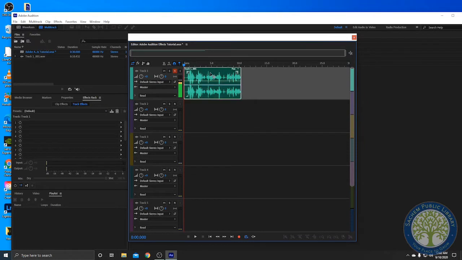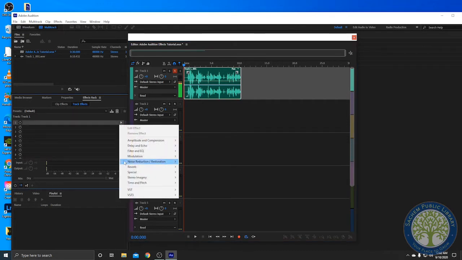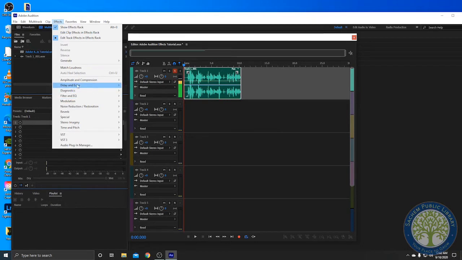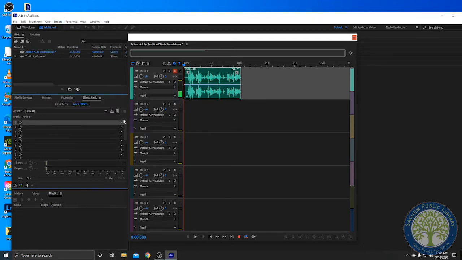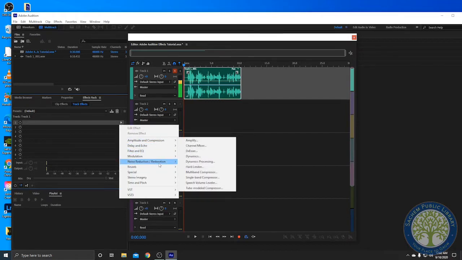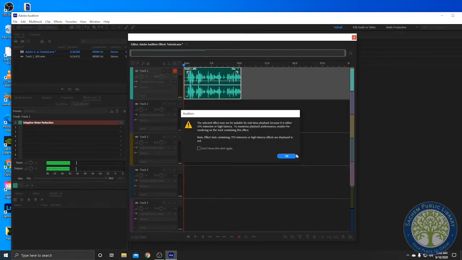So we'll go on here, we'll just highlight the thing, and right here is where you could do the effects. You could just use a little drop down and it shows you all the effects you could do. You could also go over here, highlight here, and get the effects. So it's either one. So you just click this, and I could just go on something like noise reduction, which is huge. If you just go on active noise reduction and then press OK,